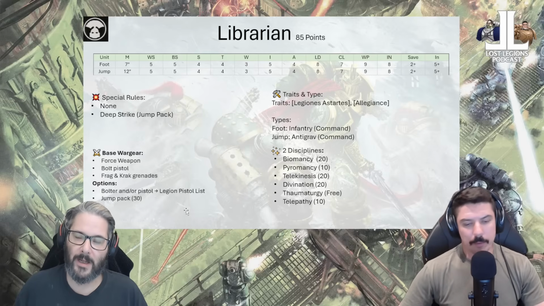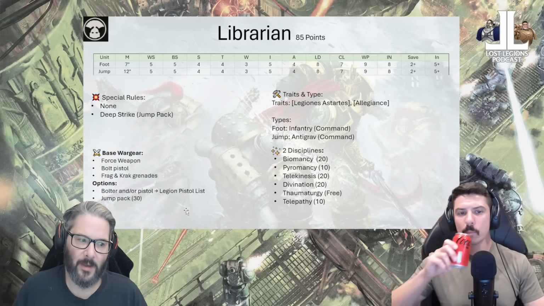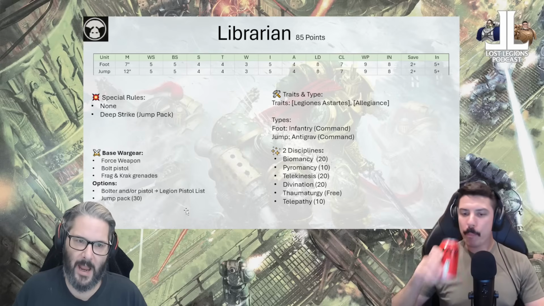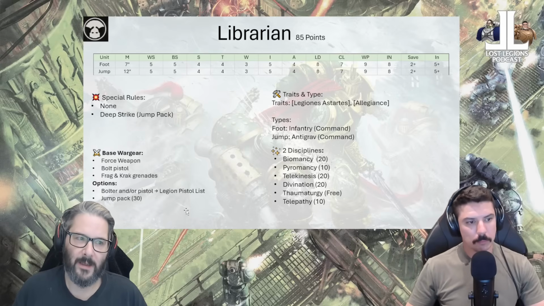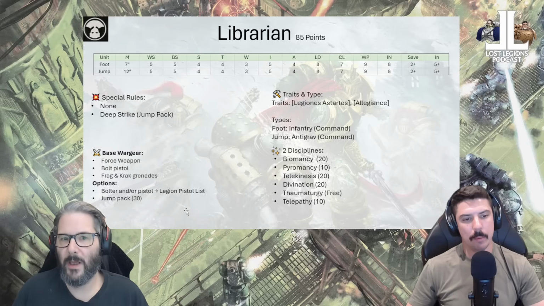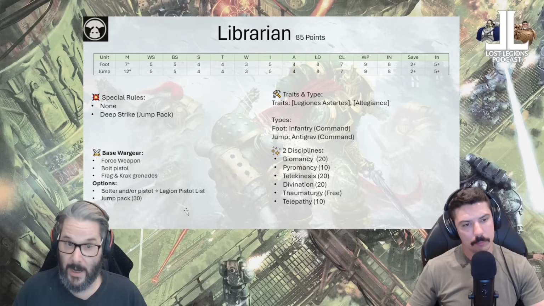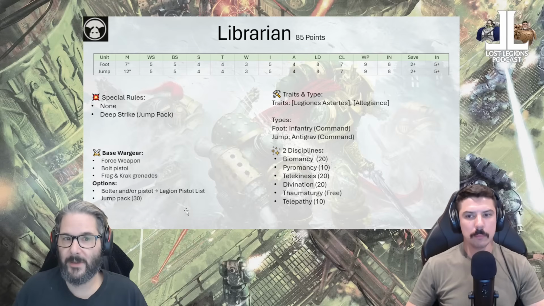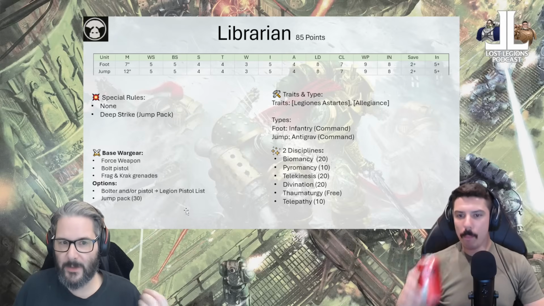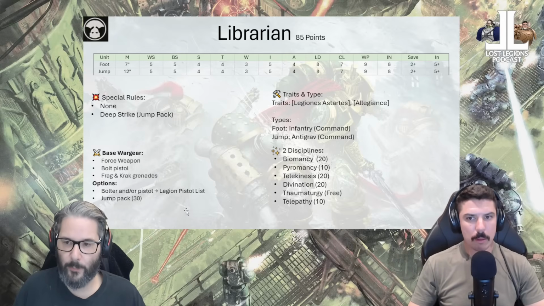So the librarian. The librarian gets all three different options. He gets mounted, Terminator, and jetpack. He is pretty cool. Like, you'll see his willpower is 9. His cools drop to 7. So again, he's going to be a specialist. He's not going to really help your squads with any fire, which is kind of an interesting spot for this